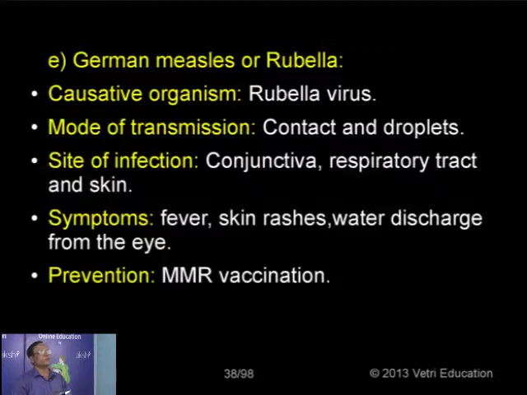And the same symptoms here also: we have fever, rashes, a running nose, sore throat and discharge from the eye region. The vaccine is the MMR vaccine, also for rubella. So rubella is otherwise called the German measles, and the normal measles is country measles. In both cases the symptoms are more or less similar, only just different. In rubella, the rashes are somewhat larger. That's the main difference. Okay.